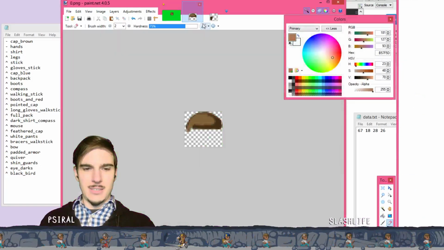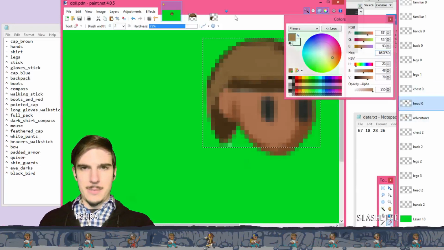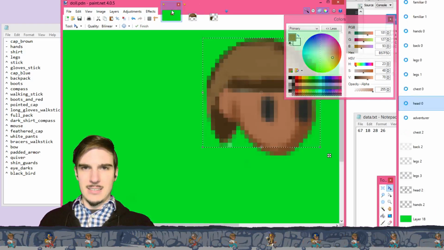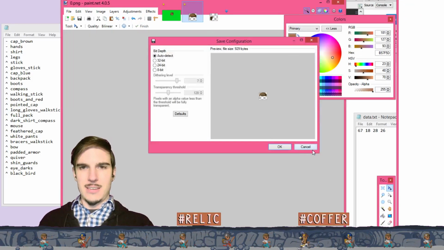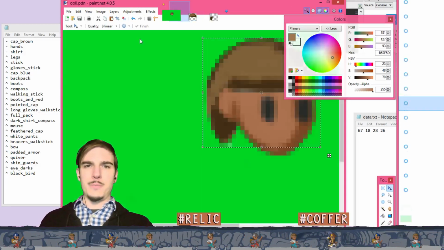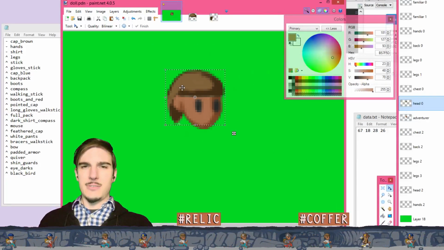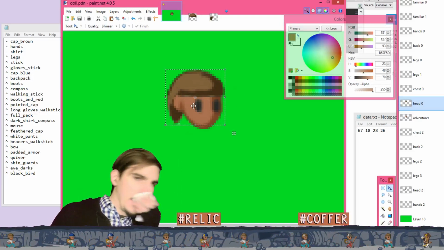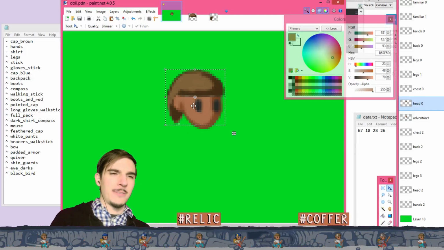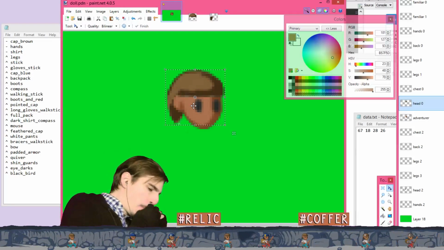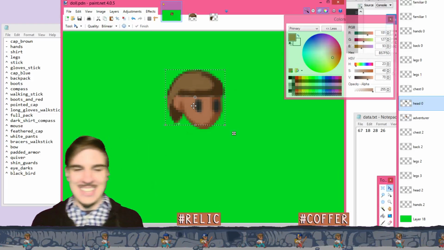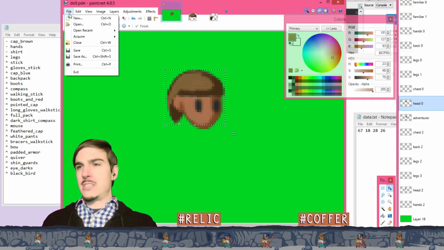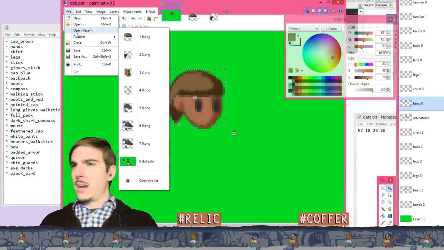So I basically just want to copy from, hey, it's event time. Copy from this layer, put here, and then that's just not as encroaching on the player's ear. Save that. So basically, my goal is, I converted these assets from a different version, and the hat is fairly clean actually, but you'll see a lot of the other assets are fuzzy around the edges and generally poorly drawn. Part of the reason I converted the assets is so that I could add a greater level of detail to them. But sorry,